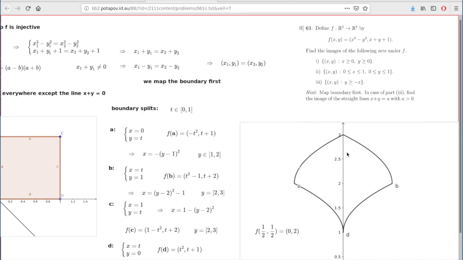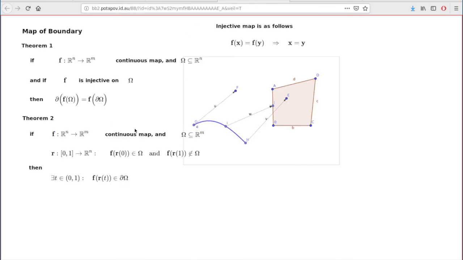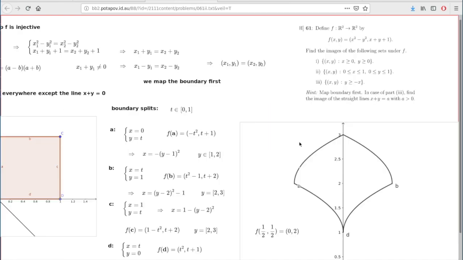Because if you assume for a second that some bad point or rogue point in the square goes outside, given that the half-half point is inside and this rogue point is outside, and this set is path connected, you can always connect these two points with a path entirely within the square. And then, according to this result, such a path will have a point on it which will cross the boundary,